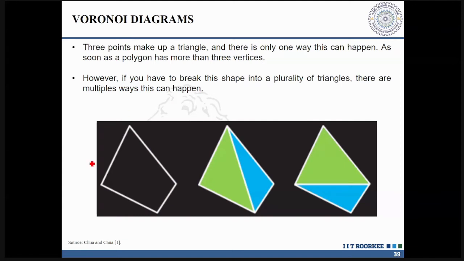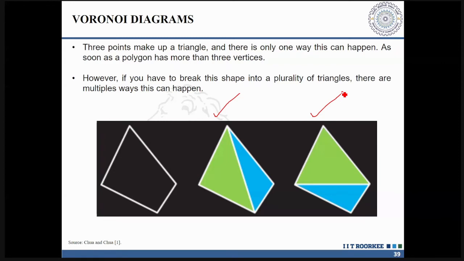Fine. Now let us say that you have created a polygon like this. I have to do tessellation. I have to create triangles. You can create the triangles like this also. You can create the triangles like this also. There are two ways of doing the triangulation of a bounded region. Should I go for the first or should I go for the second? Fine. There is again one methodology called Delaunay triangulation that says which triangulation is a good triangulation.